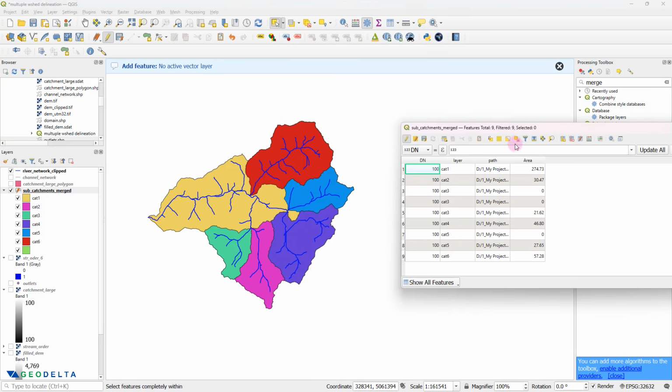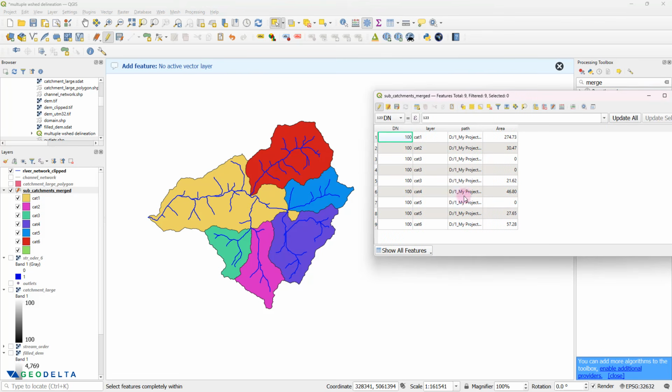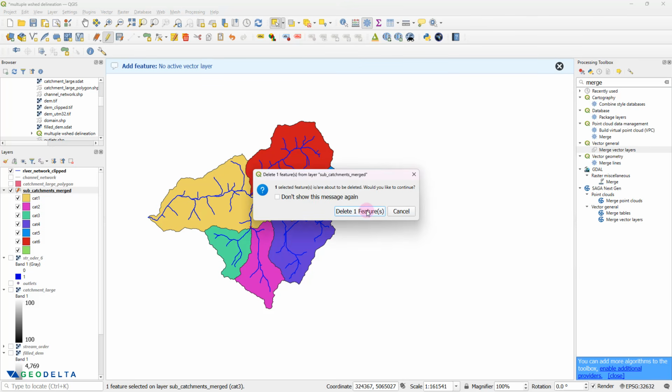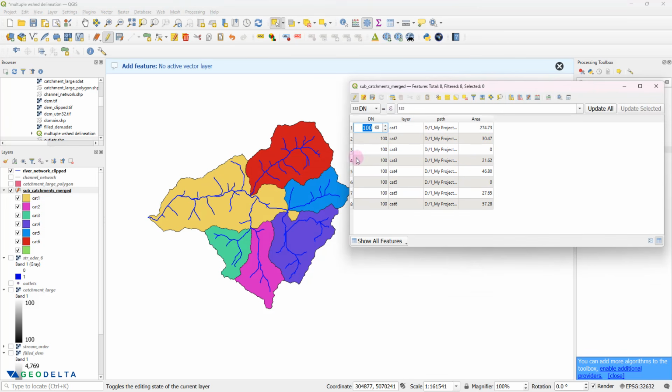So during the geoprocessing operations, you probably might notice that, for example, for this catchment 3, in addition to the actual catchment 3, 2 more empty polygons got generated as well. And you can simply get rid of those by selecting them, and you can just go ahead and delete the selected features, because it's basically an empty feature or an empty record. You can see there's actually no area defined for those features. So we got rid of one, and to get rid of all of those empty records, what I can do